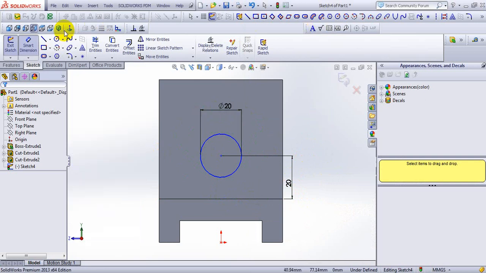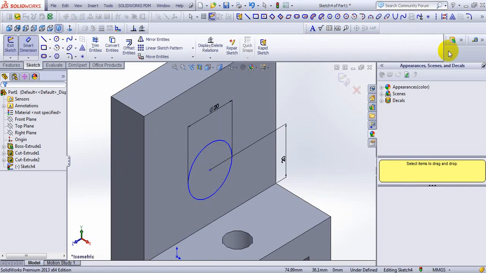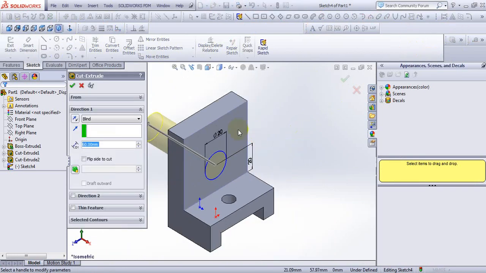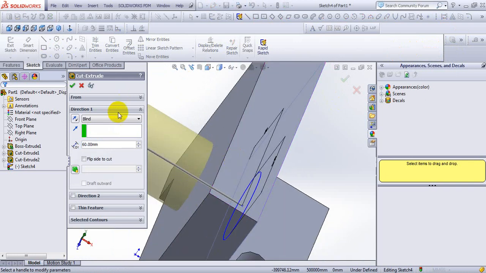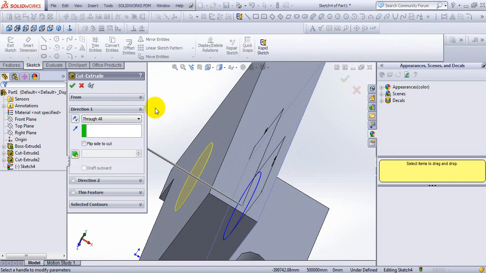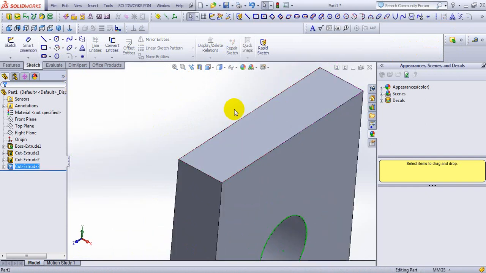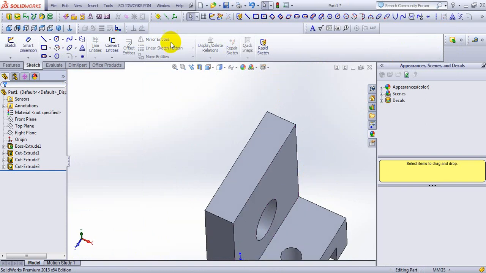Now select isometric view, extrude cut, cut through all. Instead of blind, select through all, select OK. The circle shaped geometry has been cut.